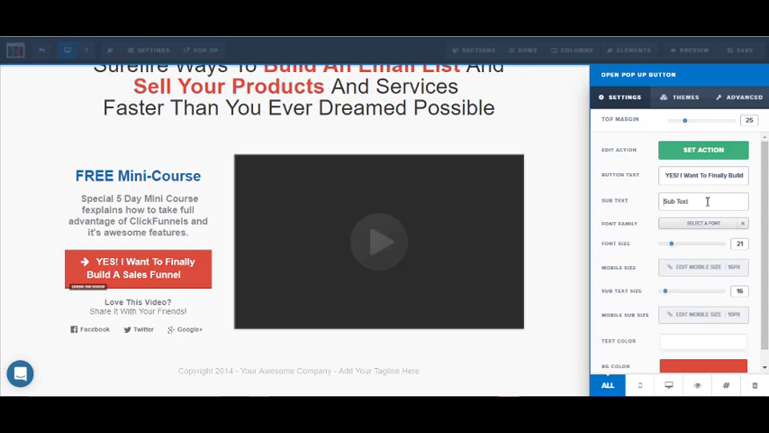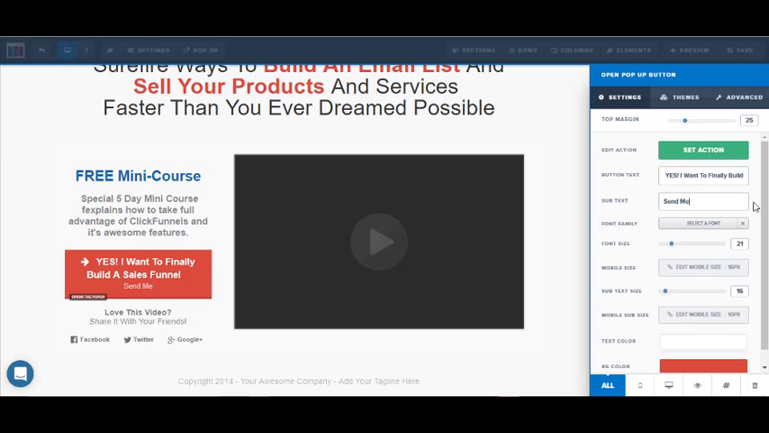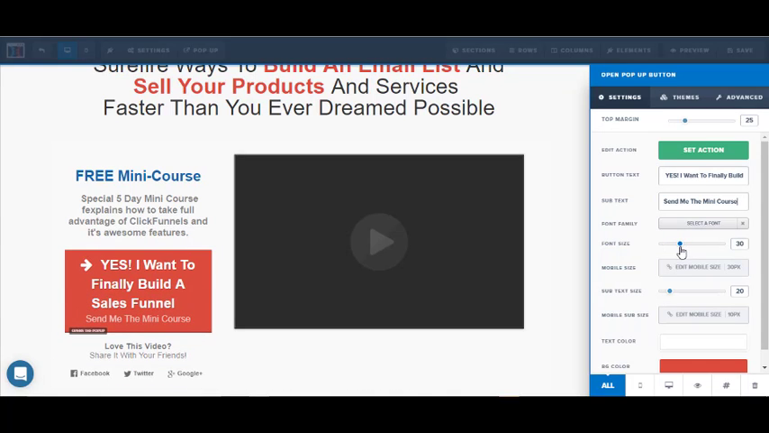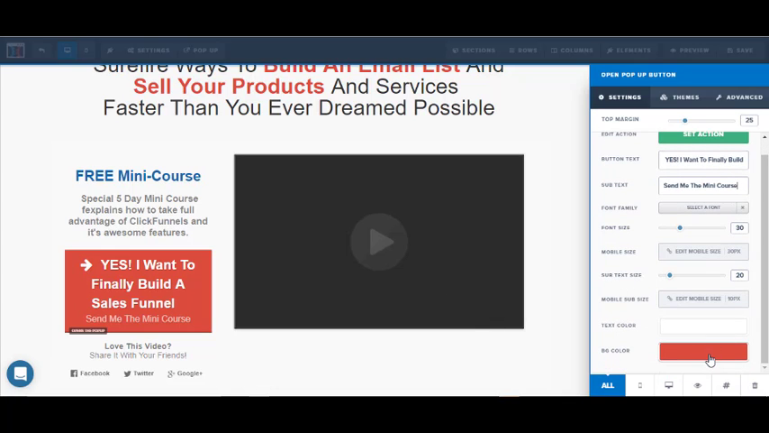And then we can add in some subtext on this button if I wanted to. Send me the mini course, because I have to talk while I type. And then I can just adjust the text on it if I want. A little bit bigger. I can make this bigger if I want. Something like that. And then I can go in and change the button color if I wanted to. So all these settings are customizable, but my advice to you is